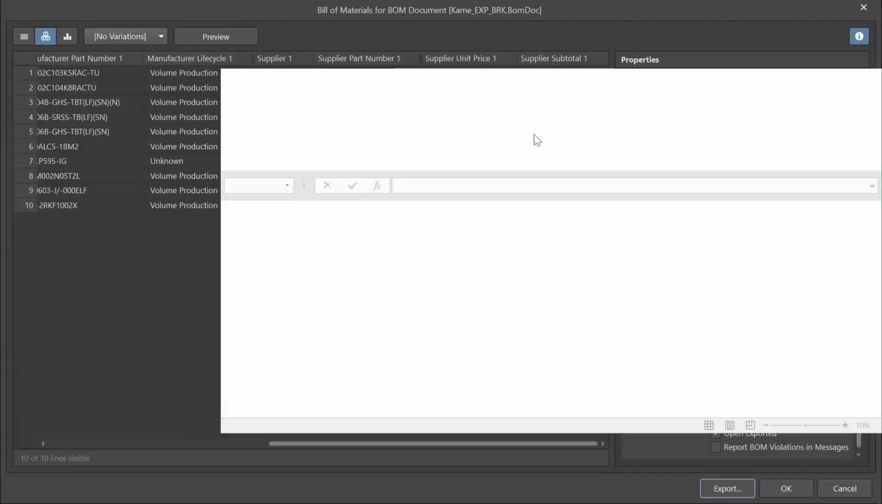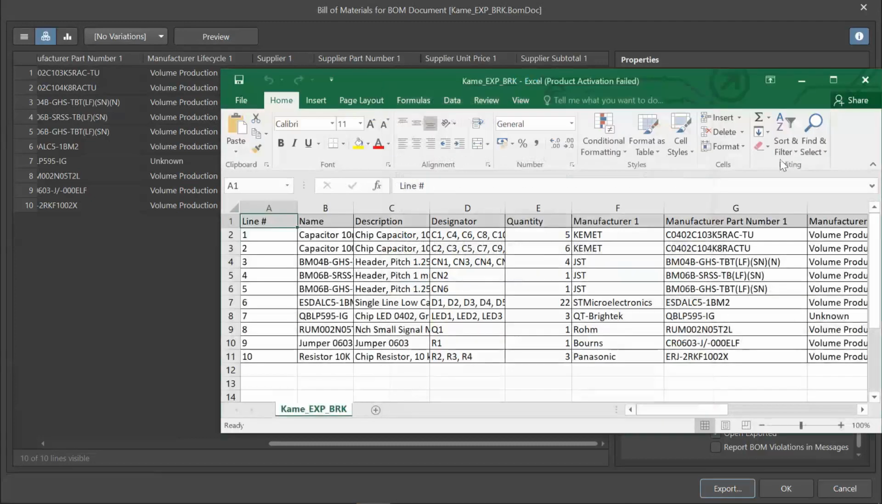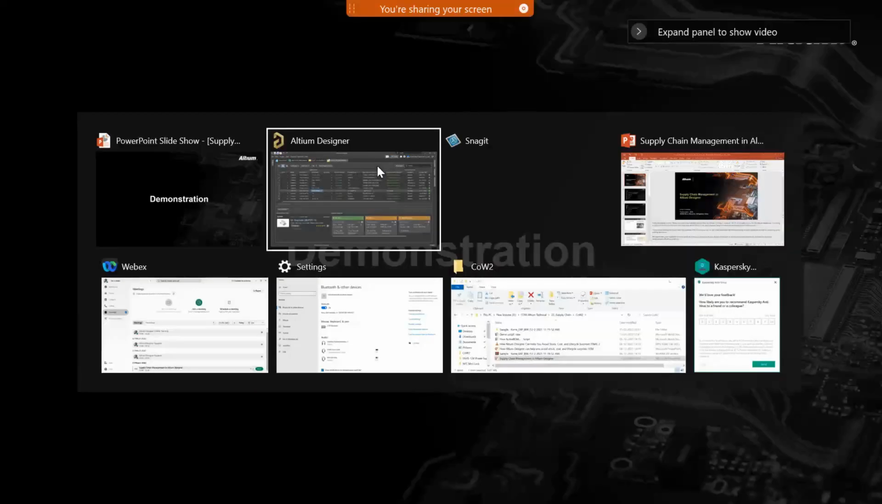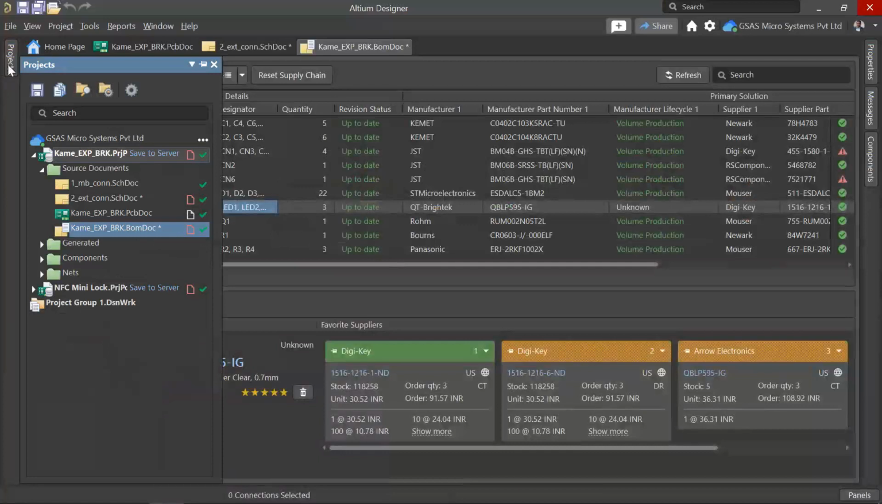Now see here, it's generated. This is how the BOM looks. As I told, you can have your own template as well. And you can also place this BOM